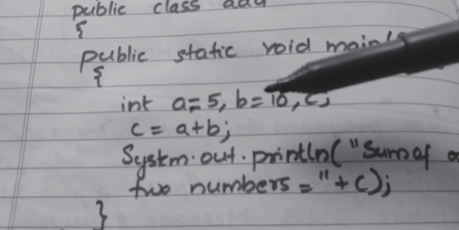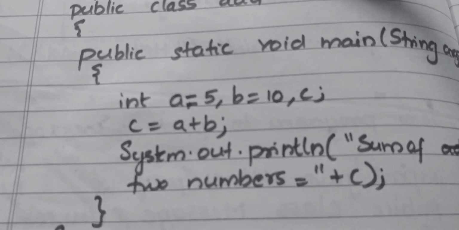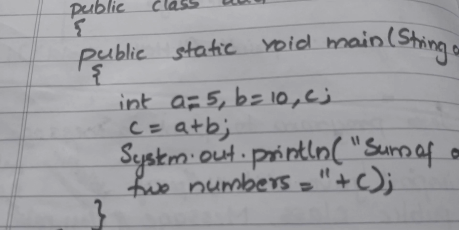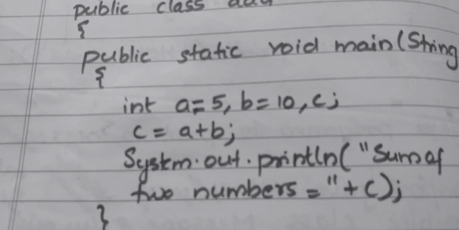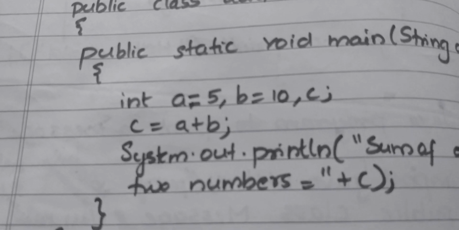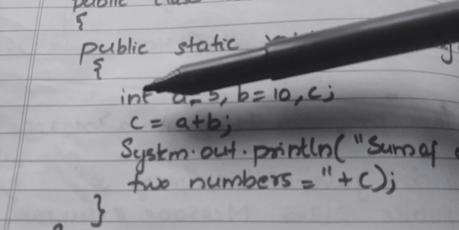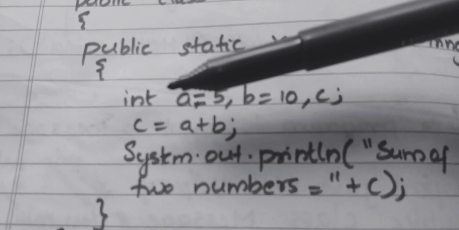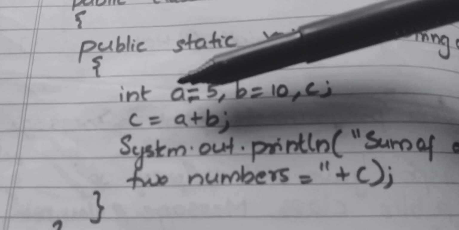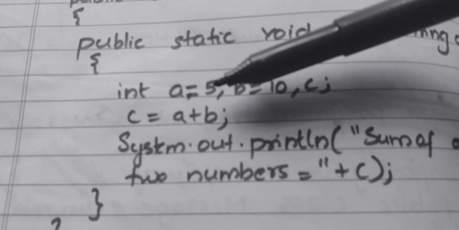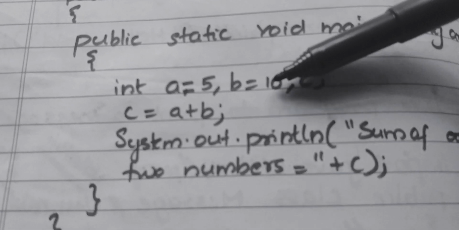So here this program is not a printing message. This is to add two numbers, isn't it? So we require the variables. So we know the data types, so you can declare the data types for that. Here I am declaring the data type as int. That is, I am going to add two integer numbers. That is my first number. Here my first number is 5 and my second number is 10.